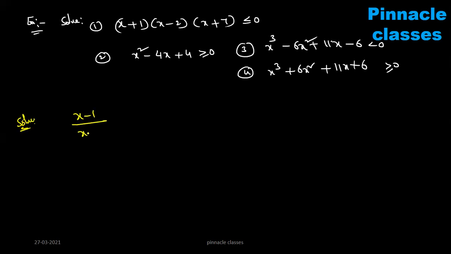(x minus 1) by (x plus 2) less than or equal to 0. What is the case? As usual, find the zeros. Generally, x is equal to 1 comma minus 2. But here, see, be careful. I'm explaining. Take the number line. Less than or equal to 0. One is what here? Minus 2. Another one is 1. Be careful.